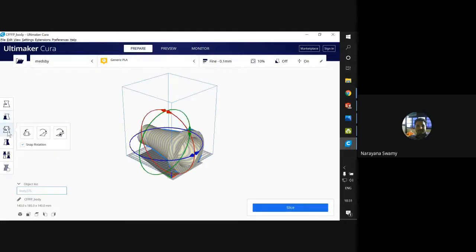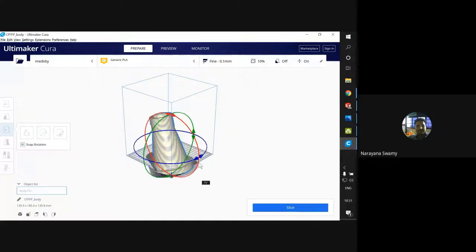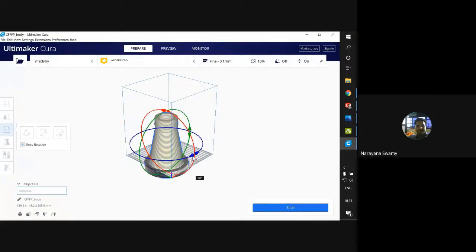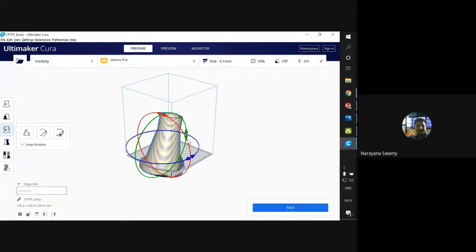So the next one will be rotation. Say you are going to place your body, in which orientation? For example, if you want to orient it in a vertical direction, or rotate it in some other direction, we can keep it in a different way. This orientation is important when it comes to the supporting systems, like in printing. Say, for example, I will tell you one thing. The same model, if you keep it in a vertical position and in a horizontal position, takes two different things.